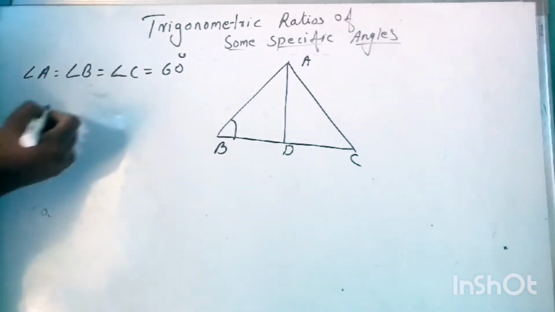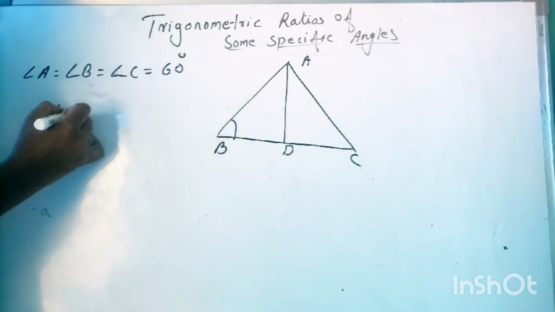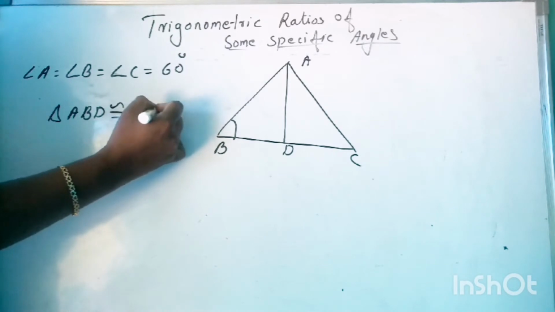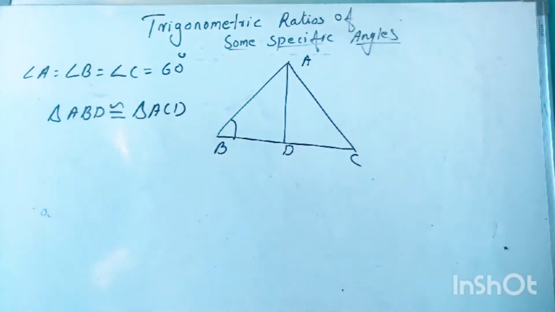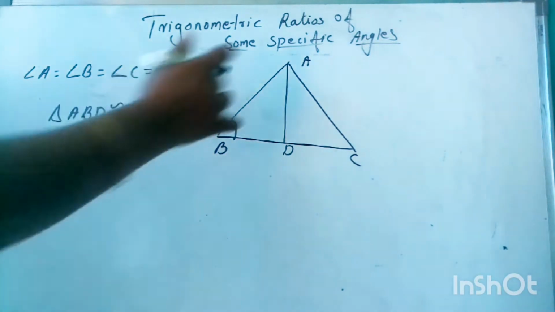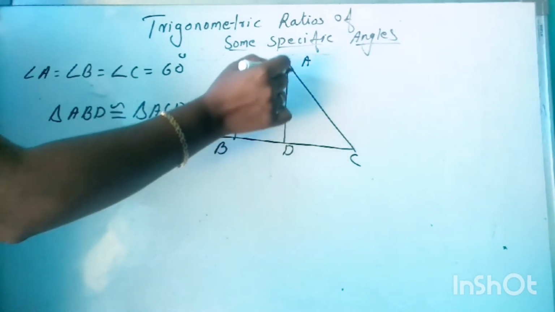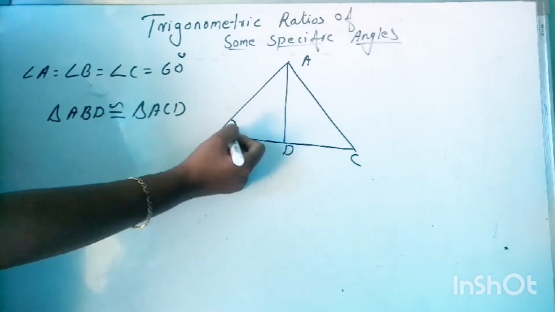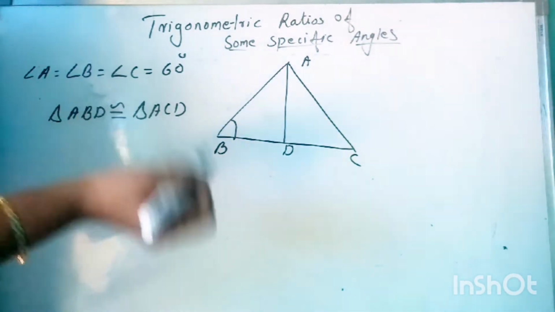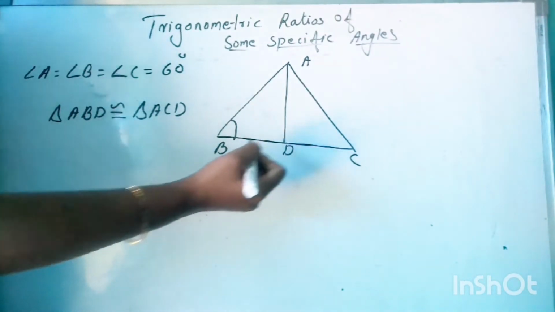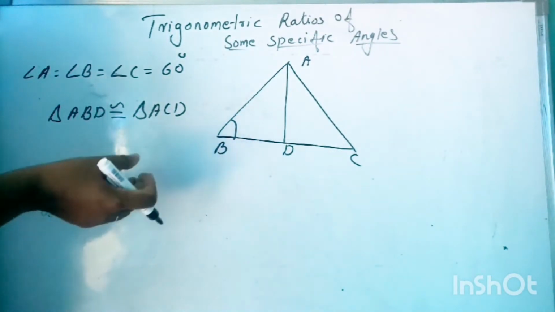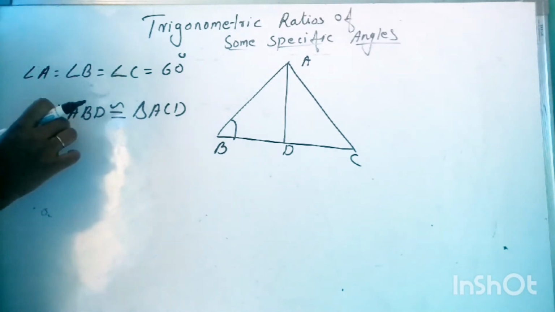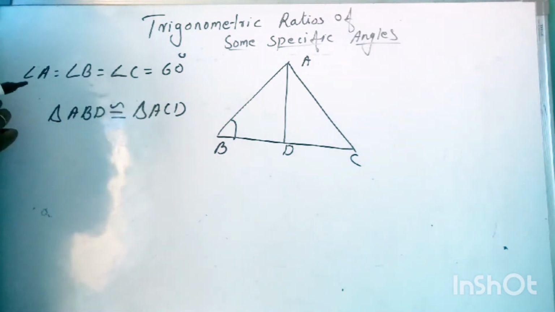Now this triangle ABD is congruent to triangle ADC. Because angle B and angle C are 60 degrees, and this is 90 degrees, so we got two angles equal. Then we can say by using AA congruence criteria, triangle ABD is congruent to triangle